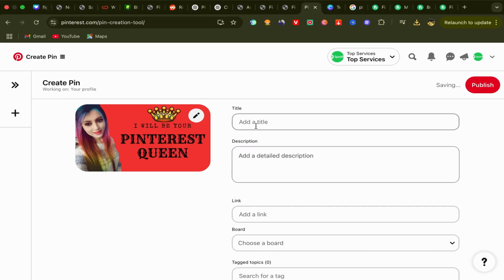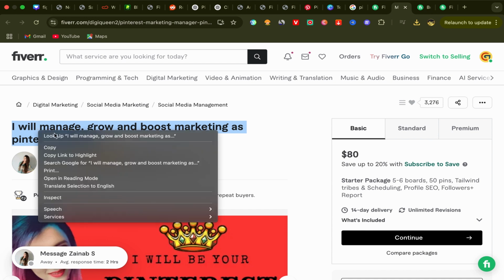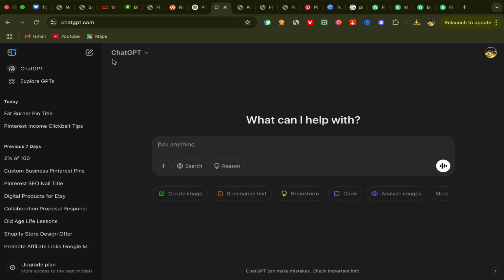What we need to do next, we need a title and we need a description. So what we will do, we will go back to this seller profile page and we will copy his title like this, and we will use AI. We will go to ChatGPT. Go and open your ChatGPT account. It's free. You can go to Google, search for ChatGPT and use your email address to sign up, and it's free. You can just click here on ask anything and ask it: